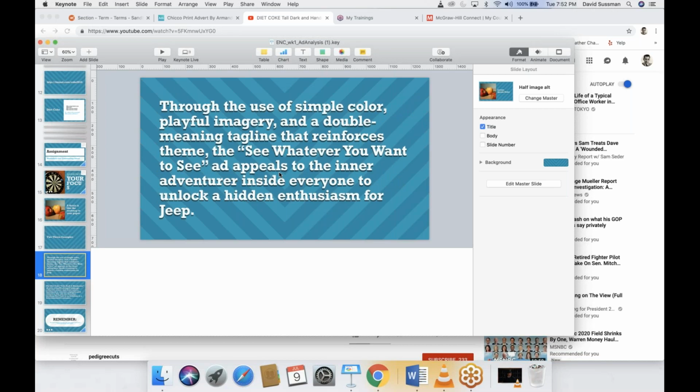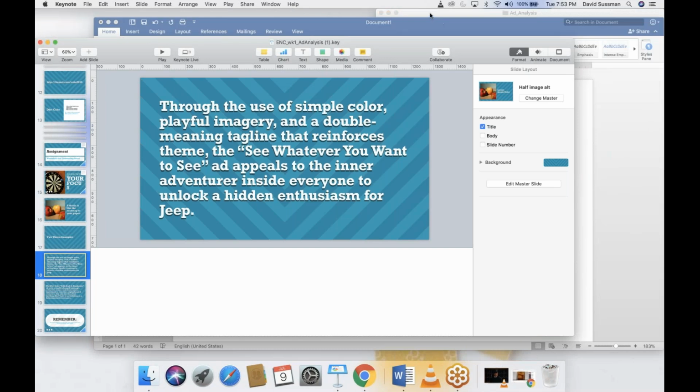Okay, so yeah, you have some freedom in how you want to structure and how you want to word things, but the important thing is you are making a definitive statement about the ad, what three things you see going on. And this is going to set up the entire paper because, and I will share this with you later,